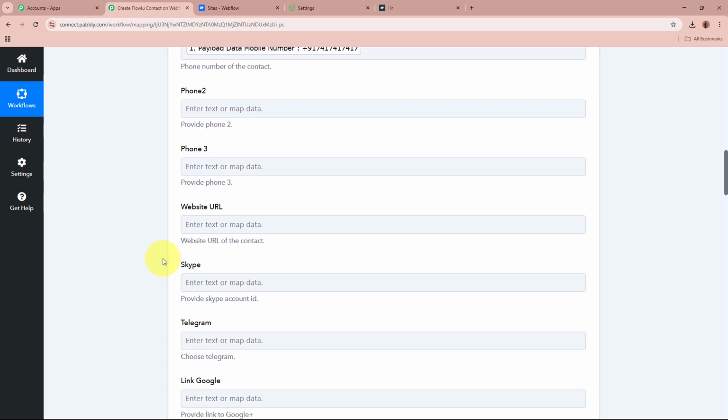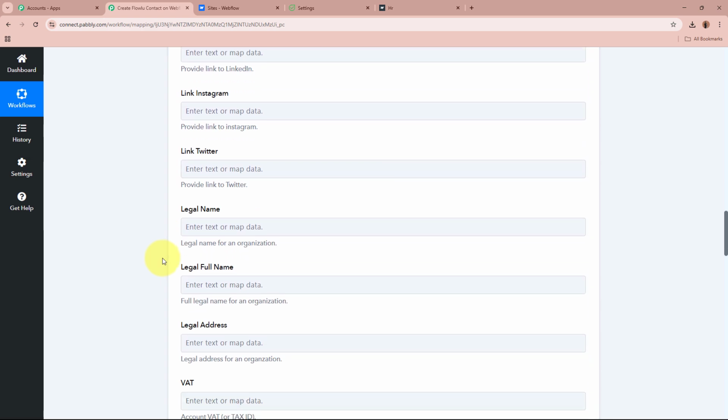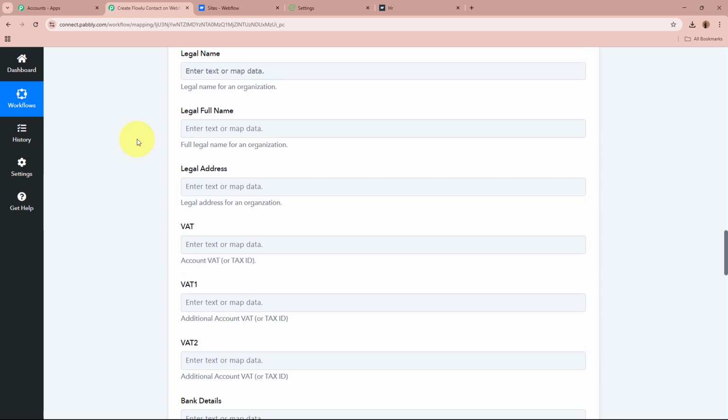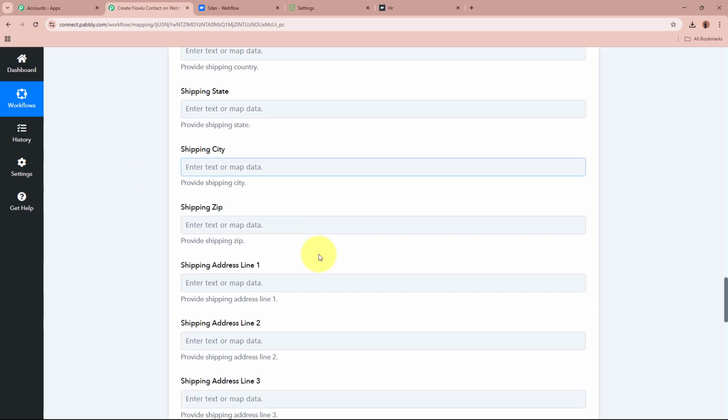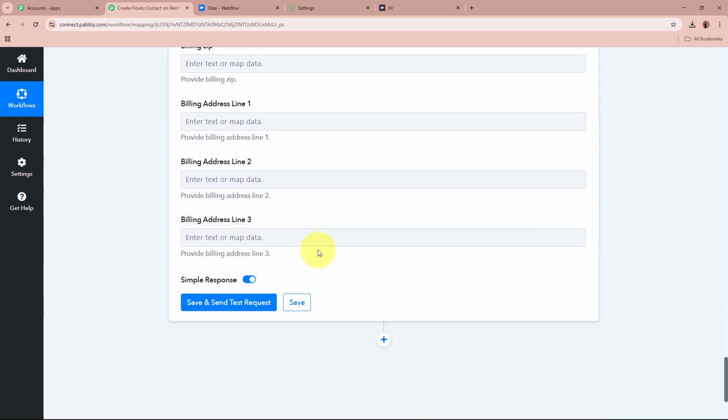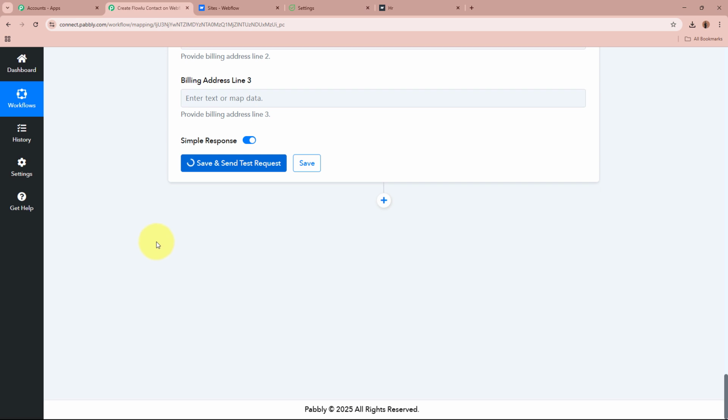It is asking for all these details, which I do not have, so I'm going to simply skip the part, okay? It is asking for all these details, which I'm going to skip as I do not require the field. For the owner ID, select the owner ID that you have, okay? It is asking for these details. I'm going to simply skip the part, and simply I'm going to click on this Save and Send Test Request